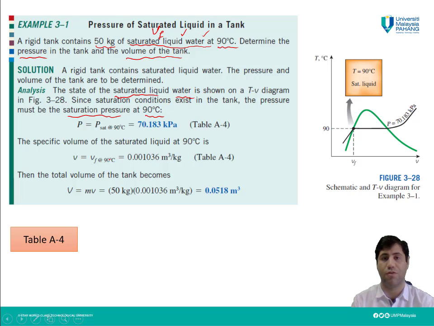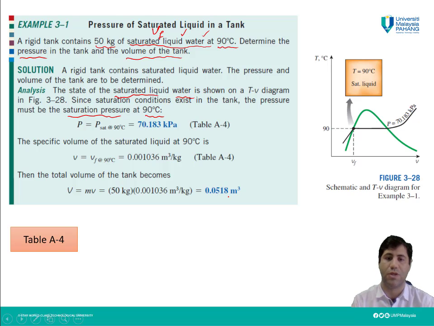If you remember, specific volume was the volume of the substance divided by the mass of that substance. So the volume is the multiplication of the mass, which we have as 50 kilograms, times the specific volume of that substance, which we found in the table. So simply the volume is this much,